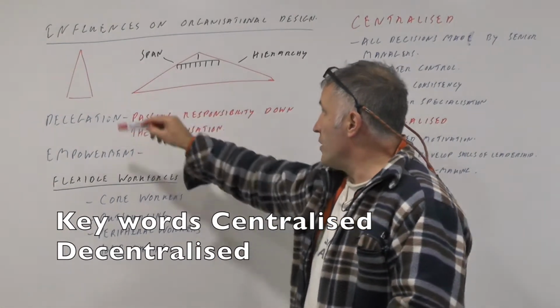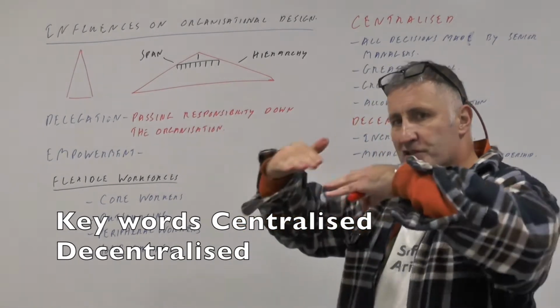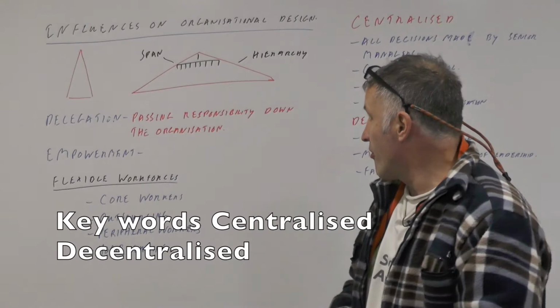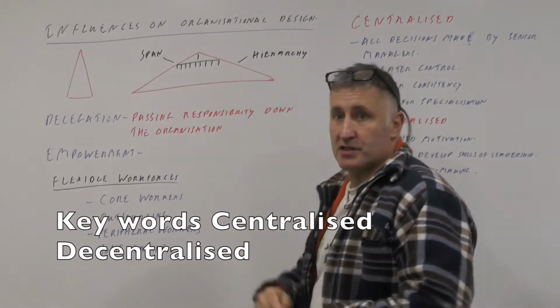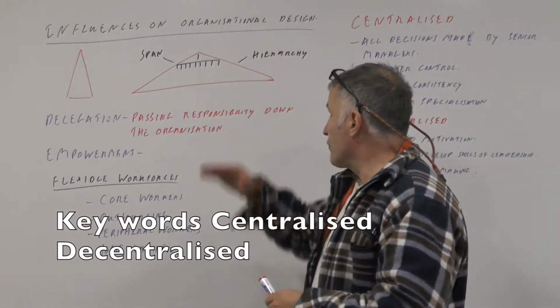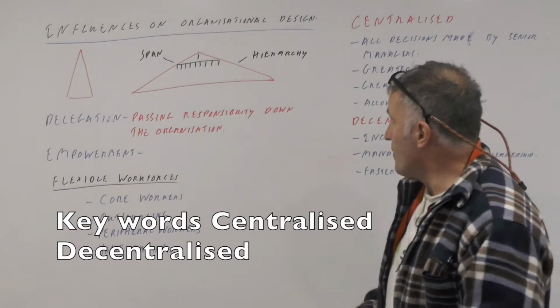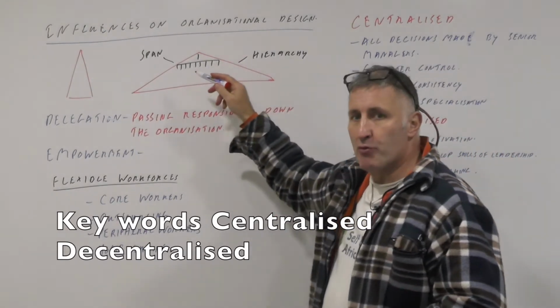And here you have a tall structure with lots of levels of hierarchy, so therefore information has to pass through all those different areas. And here you are given another hierarchy, which is a flat organisation, which has a wide span of control. A span of control means how many people report to the person above.